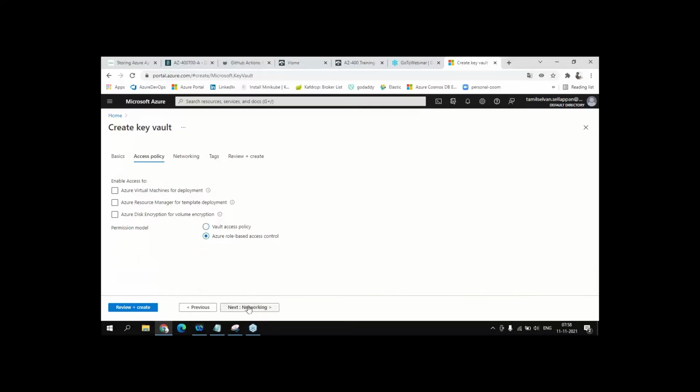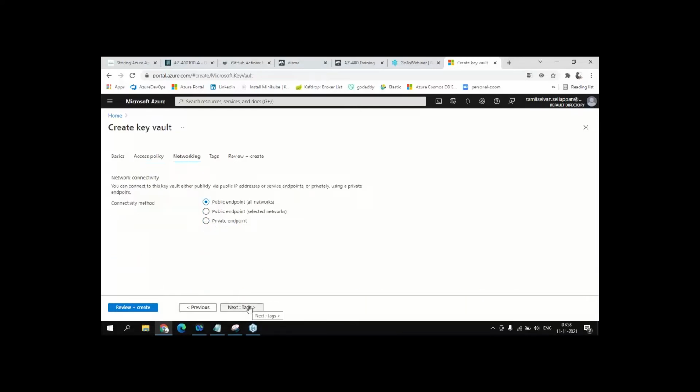Okay, and then the networking. Networking is also a very big topic. So mostly, the key vault